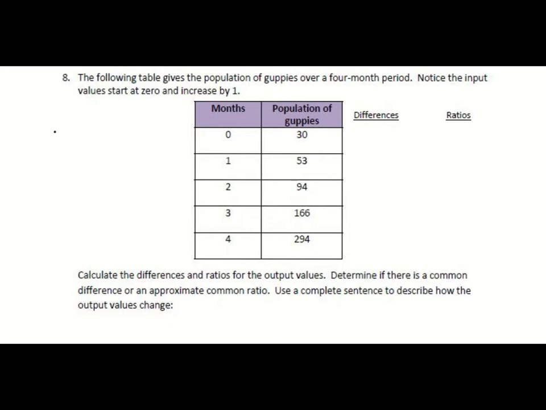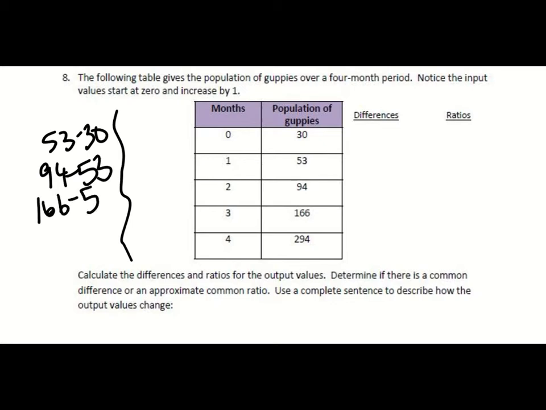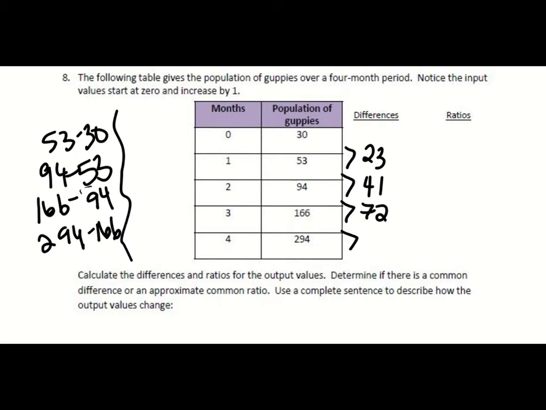you're going to do 53 minus 30, 94 minus 53, 166 minus 94, 294 minus 166, and that's going to give you 23, 41, 72, and 128. If I do my ratios, that's 53 over 30,